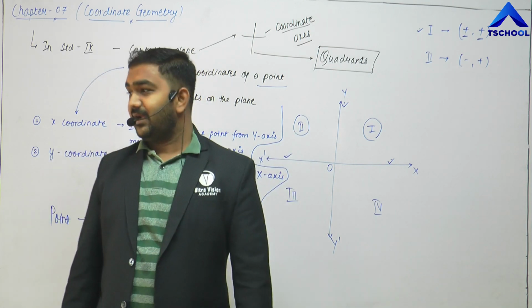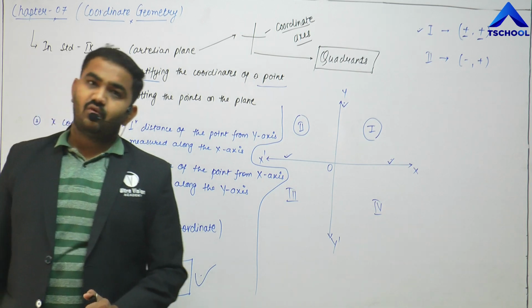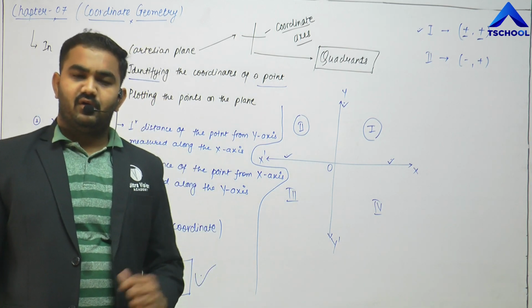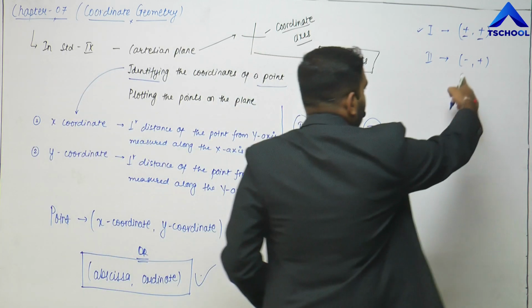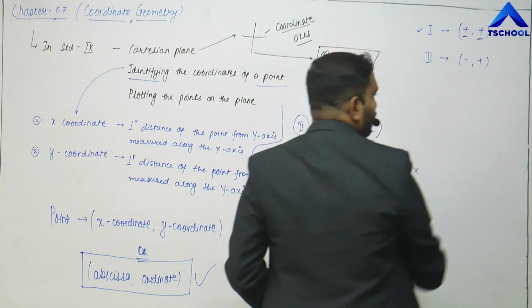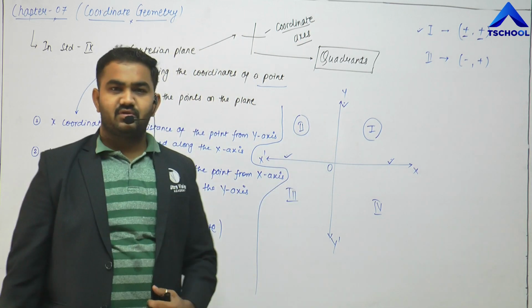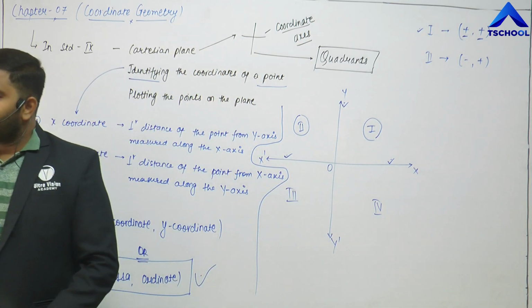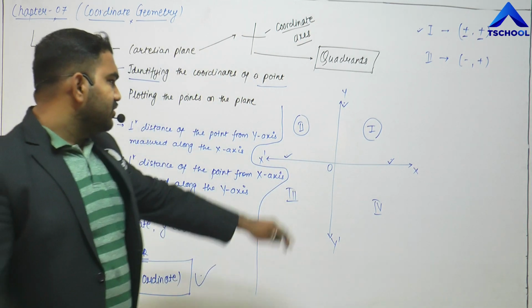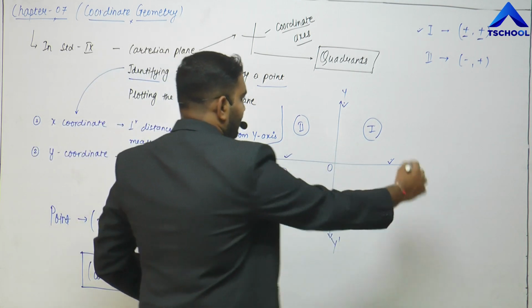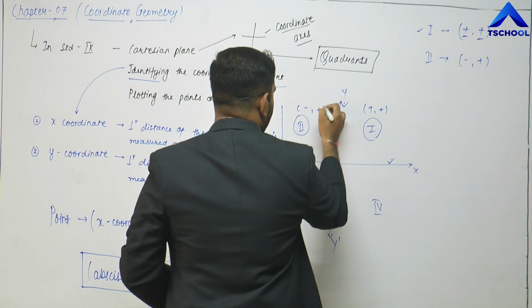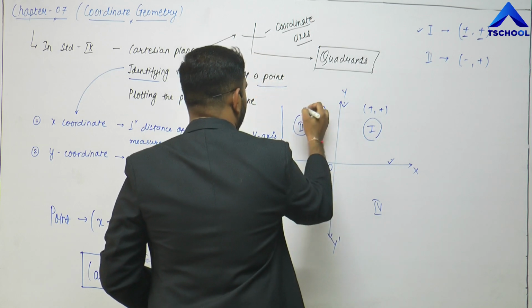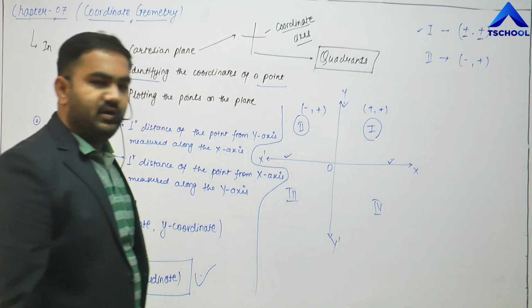So you can say that the x coordinate of the point lying in the second quadrant will be negative, and the y coordinate, as it corresponds to positive y-axis, will be positive. Is it clear? So here the point will be of the form plus plus, here the point will be of the form minus plus. Now in the third quadrant,